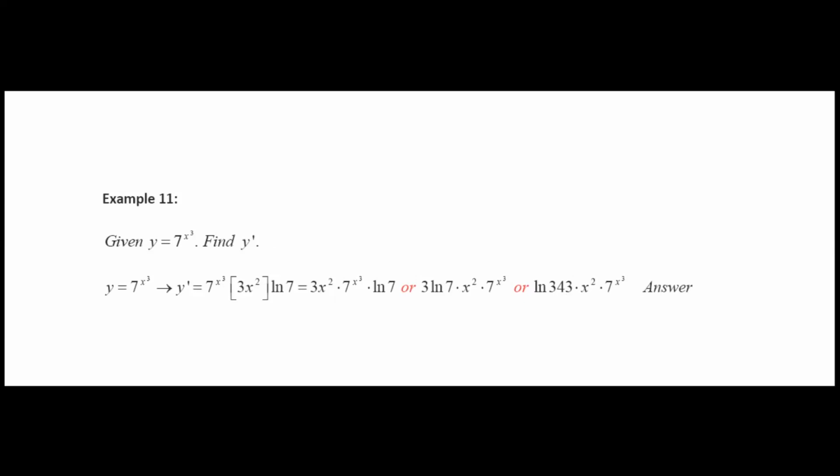Now, example 11. 7 raised to the x cubed power. Well, the derivative is going to be 7 raised to the x cubed power times the derivative of the exponent, which is 3x squared. See, in the other problems, the exponent was x, so the derivative was 1, times ln of the base. Okay, you can leave it like this,